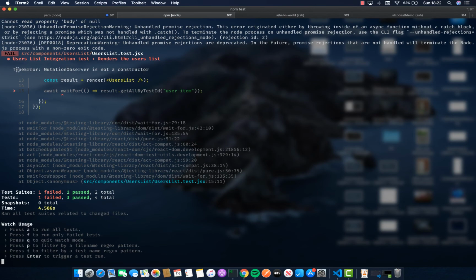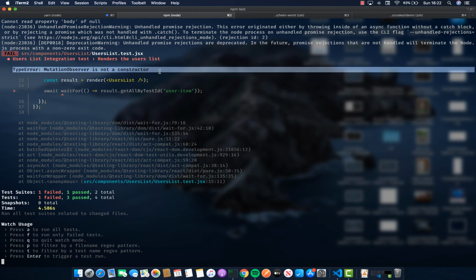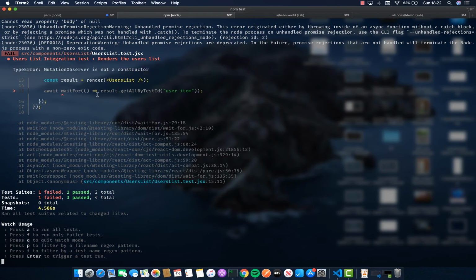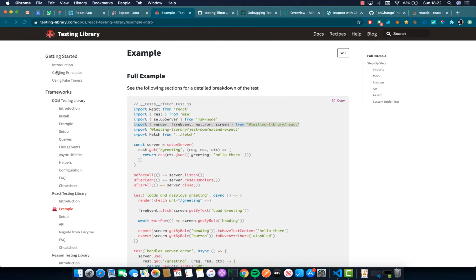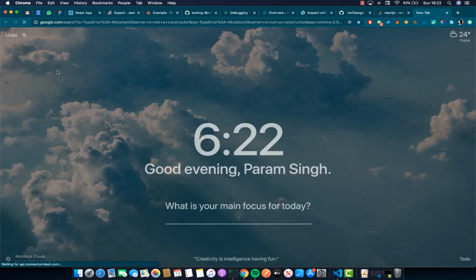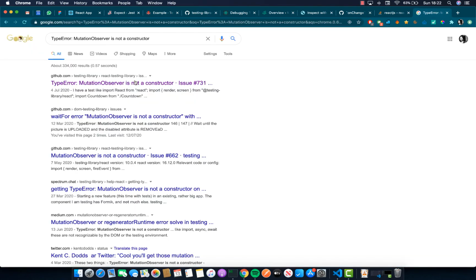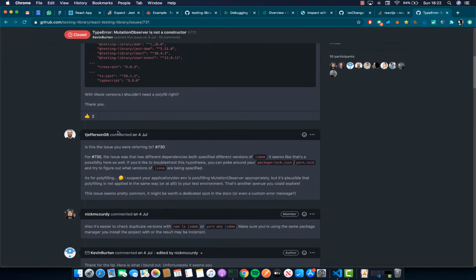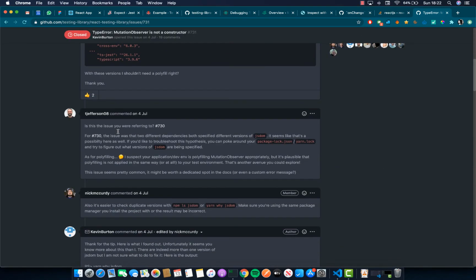And now it is giving another error which says mutation observer is not a constructor. So internally, this wait for implementation uses something called a mutation observer, one of the browser APIs available, and apparently that is not available due to this version. So again, if you just Google this, in the very first result, this is an official issue on React testing library,